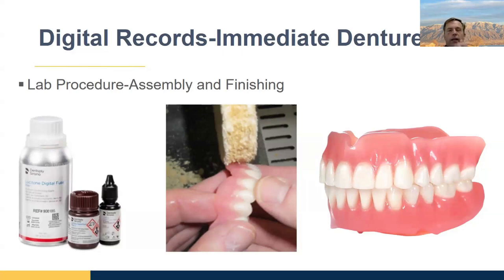Milling PMMA is really hard on the equipment. It burns up your spindles, which are expensive, and it takes a long time. Milling one denture takes between 2 and 4 hours, so it ties up a big chunk of milling time, and there's no economy of scale. Each denture takes that long. On the other hand, when you're printing, you can